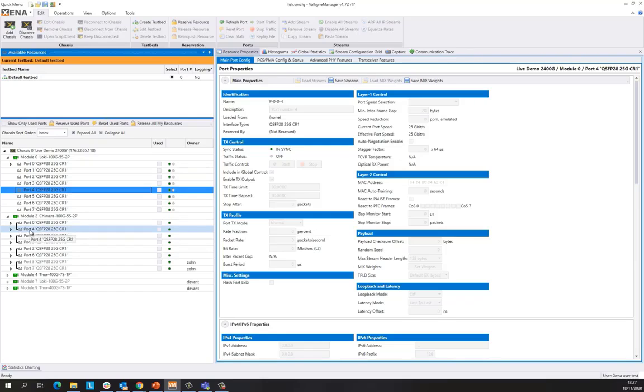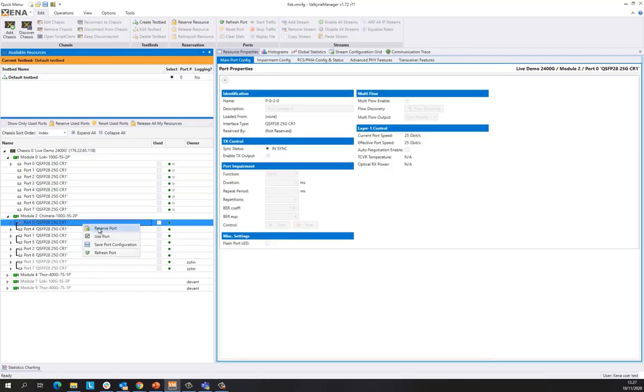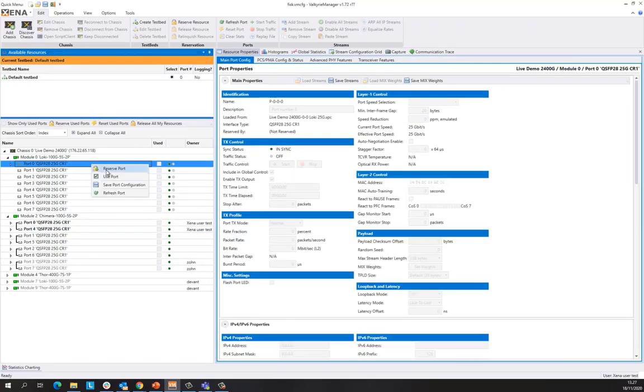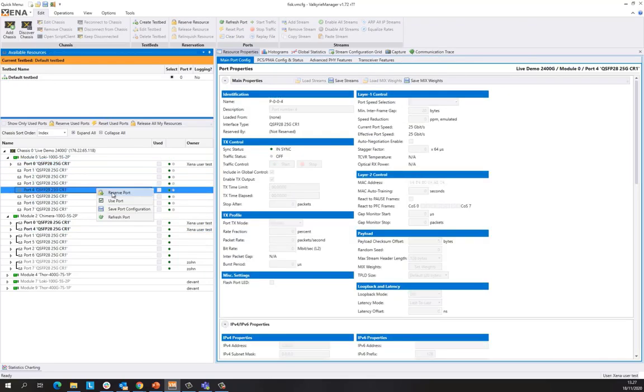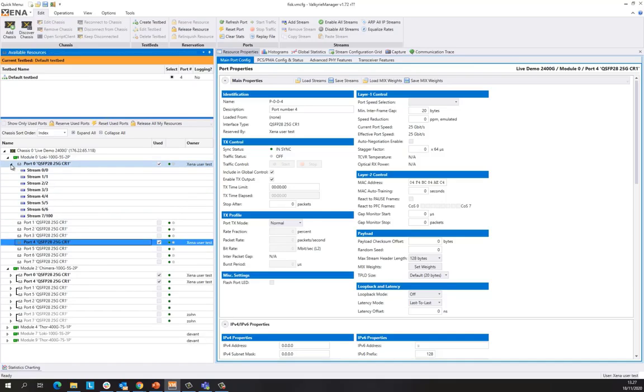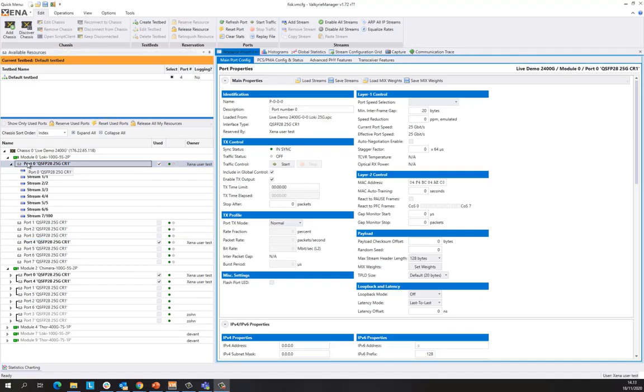For the purpose of this demonstration, I'll reserve the ports, first in Chimera, and then in Loki. Further, to see the statistics, I need to click the Used option for all the reserved ports. Finally, as previously explained, I have created 8 streams on the Loki port. Each of the streams is configured for 12.5% wire load, amounting to a total of 100% wire load for all